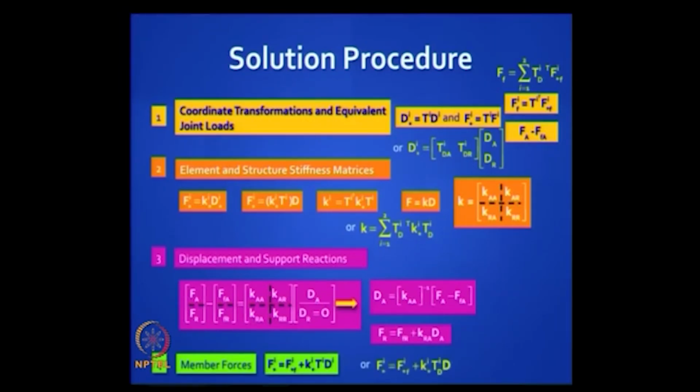If you are using the TD matrix, there is a slight change. The slight changes between TI and TD show up in the first transformations. In assembling your structure stiffness matrix, it does not show up here, and it shows up finally when you get the member forces, otherwise the method is identical, okay. So